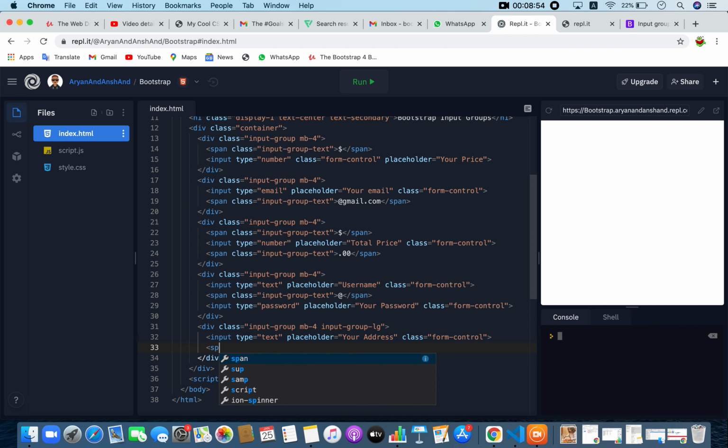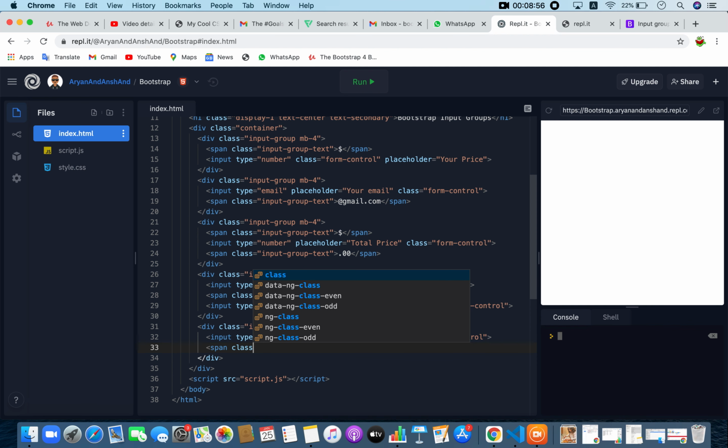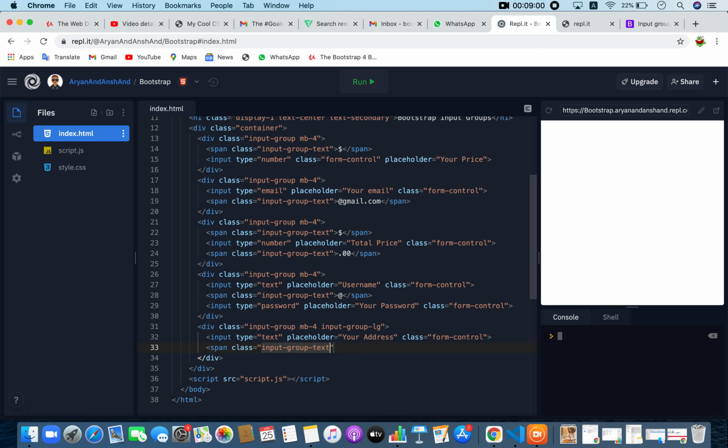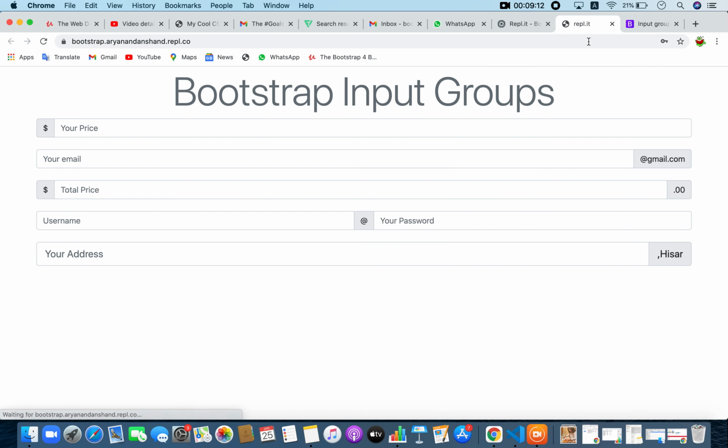Then I'll create my span with the class of input group text, and I'll just put comma Hisar at the end. Now let's see, and we have a larger input group.